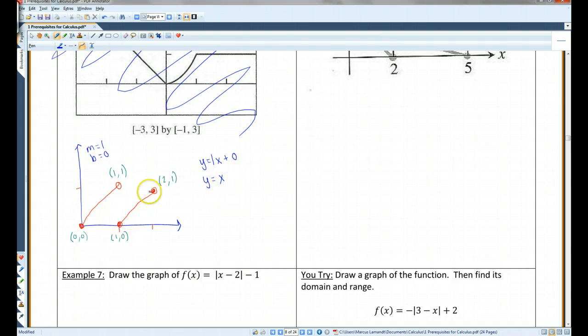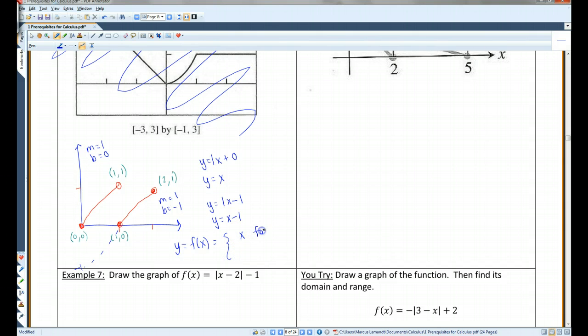This one over here, if you were to continue with this down, is going to hit at -1. So your b is -1, and just like the other one, they're meant to be parallel. It goes up 1 over 1, so your m is 1. So this equation is y equals mx plus b, x minus 1. So our piecewise function, y equals f of x, which equals